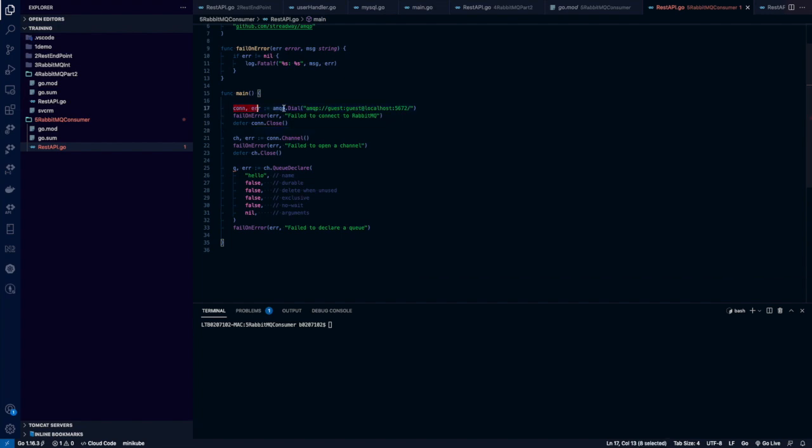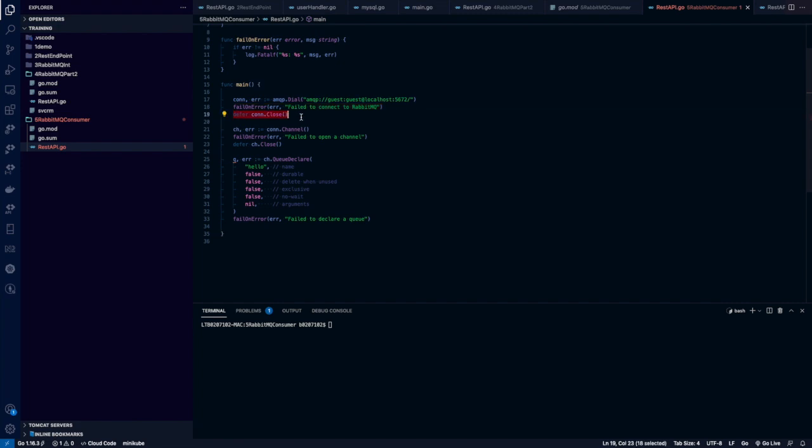Okay, so what this code would be doing: first, it is actually creating a connection. The second line, which is line number 18, is defining the failure case, that in case there is a failure, what needs to be printed on the terminal. Third is defer connection close. It is always recommended that if the connection is not in use, it should ideally be closed, because if you want to utilize the hardware effectively, then it is recommended to have a minimal number of idle connections.